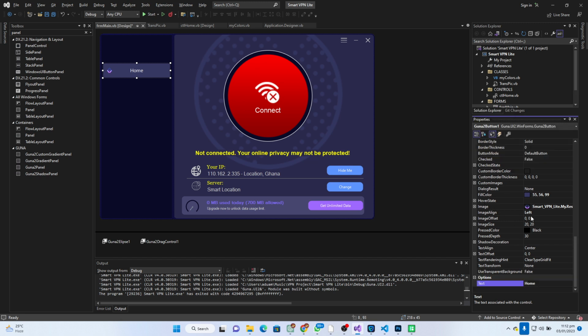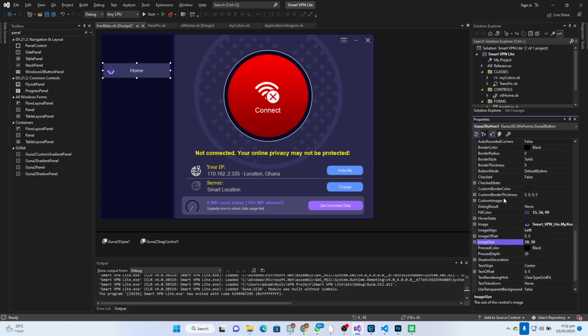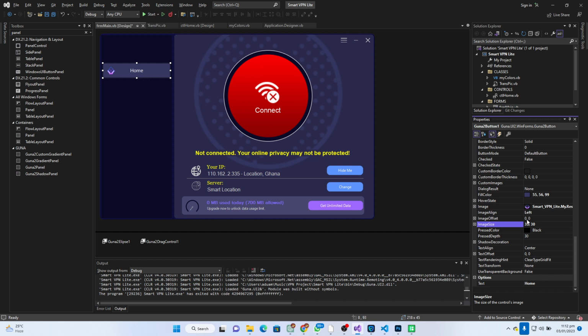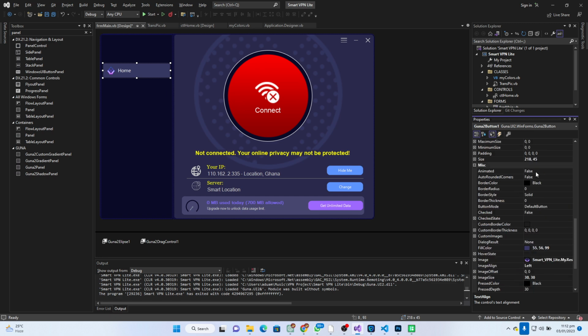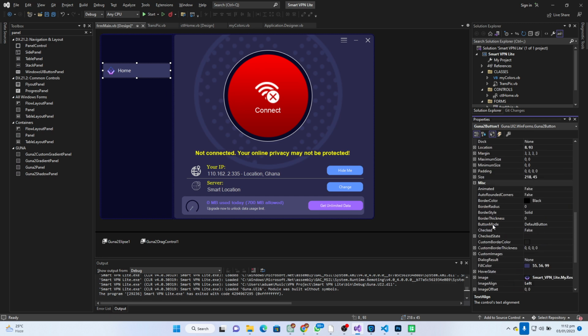From the image, we have the image size. You see, it's 20 by 20. Let's just make it something like 30, right? Yeah, I think 30 is good. And let's set the text align. Instead of center, just set it to left. There you go. That looks perfect. And I would like to set